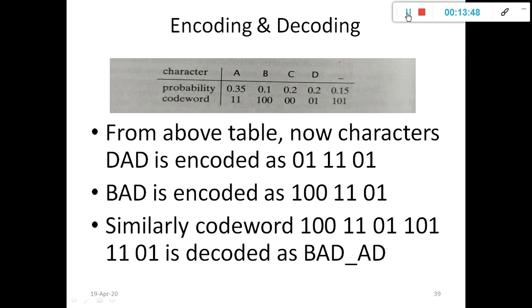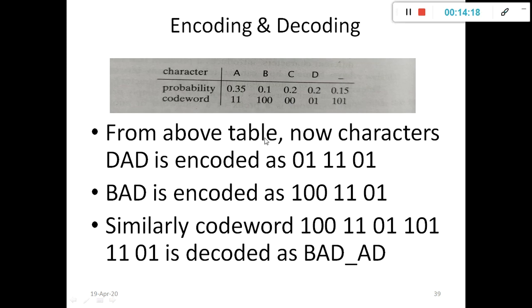Then let us apply encoding and decoding for all the given characters as shown in the above table. By applying Huffman coding for all these characters, you will generate new code words: A is represented as 11, B is represented as 100, C is represented as 00, D is represented as 01 and underscore is represented as 101.